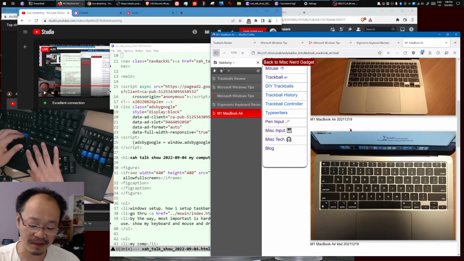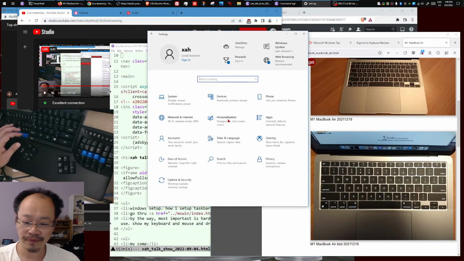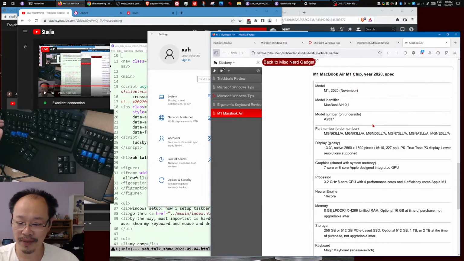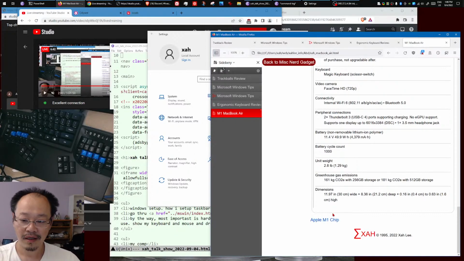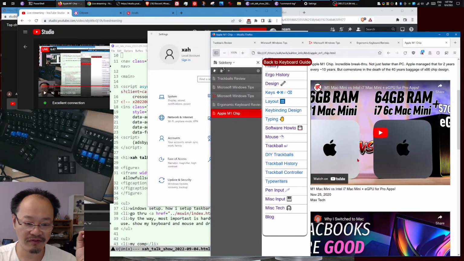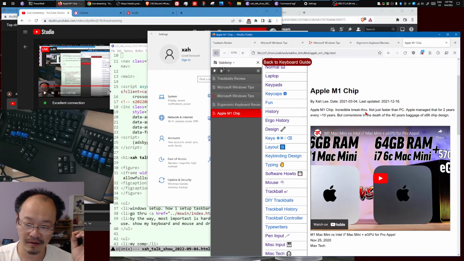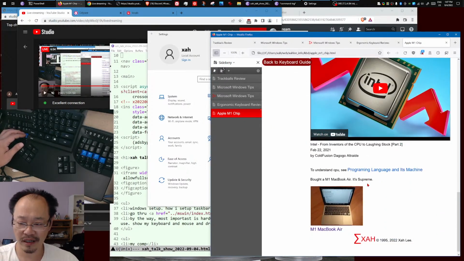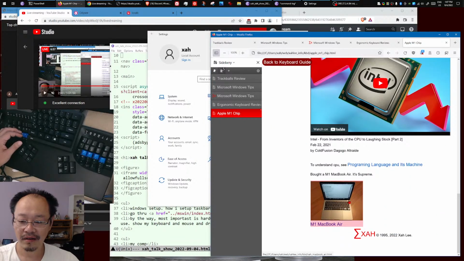Brainless, completely brainless Windows, okay? On the other hand, Mac is the best design in both hardware, mostly, and software, okay? Well, of course, there are few complaints. Let me show you, okay? And the Mac M1 chip is truly fantastic. It's a revolution, okay? Apple M1 chip is fantastic, but since Steve Jobs died, Apple got